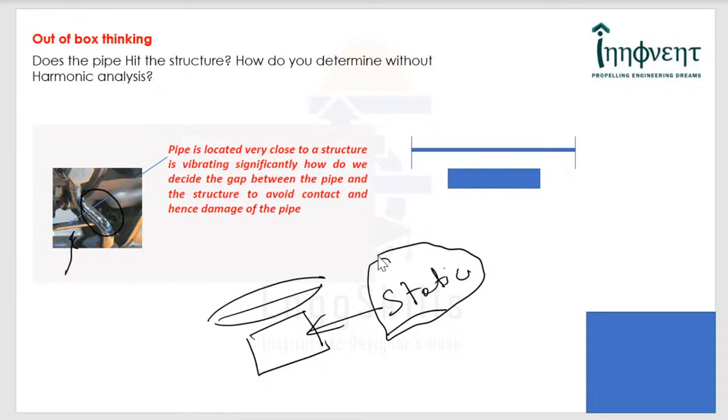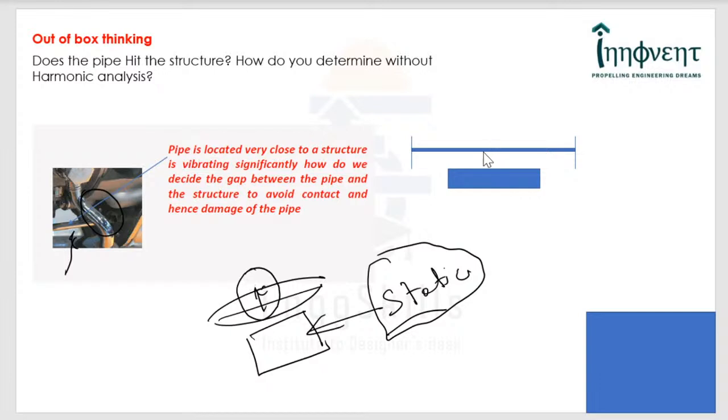Now, if I ask any young enthusiastic analyst, he would say we will have to do harmonic analysis to capture the vibratory response of this particular system. Now, do we have to go down that route, because you may have to understand a lot of parameters. For example, the available damping itself is not known. It is very difficult to quantify that. How would you go about it? Here goes a very, very simple method of addressing it.